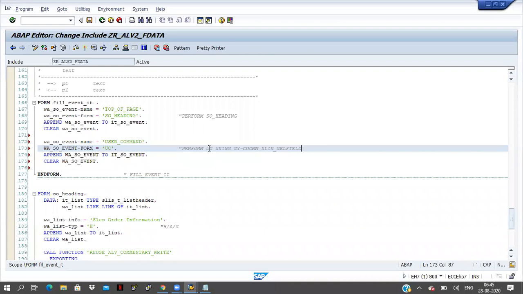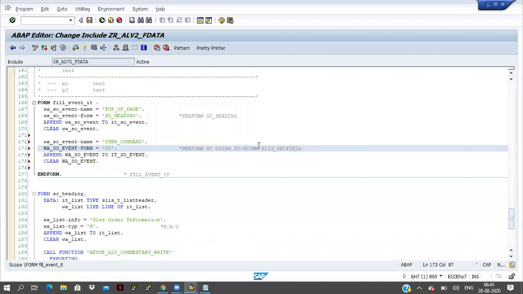Form UC, I am giving the UC name here, user command. The same thing will call here: perform UC using. Here two inputs are there, so by default it will pass two inputs, that is s5-ucom and slice underscore cell field.